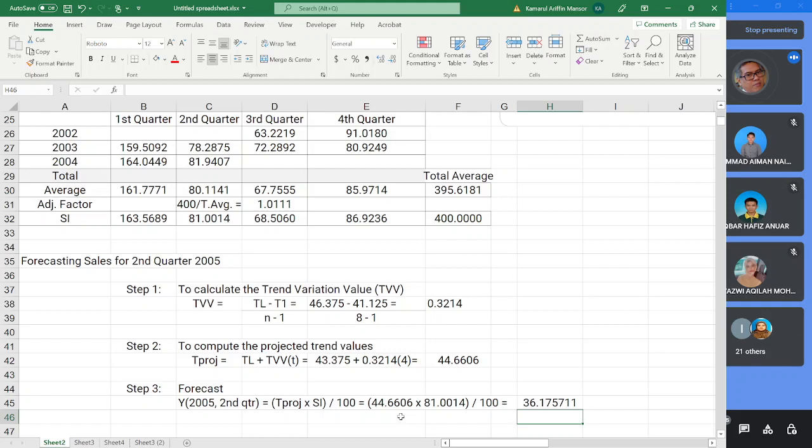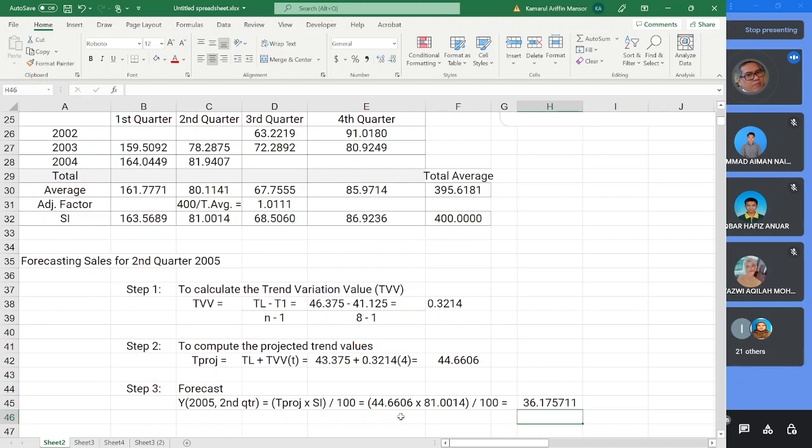You must make sure that you choose the correct seasonal index value based on where you want to forecast. Since here we want to forecast the second quarter, look at the seasonal index for the second quarter. So you are looking for the second quarter forecast value, so you have to find the seasonal index for the second quarter. And in this situation, the seasonal index is